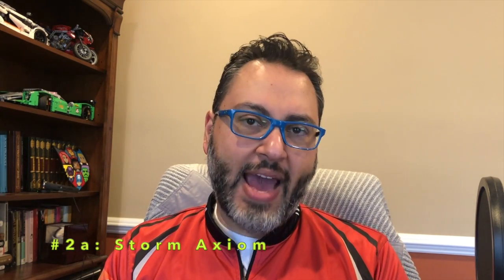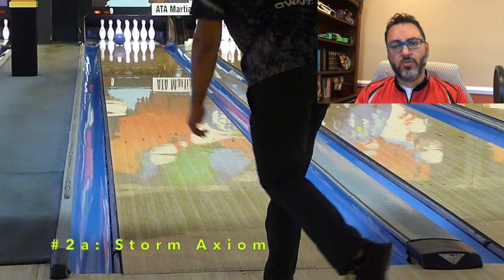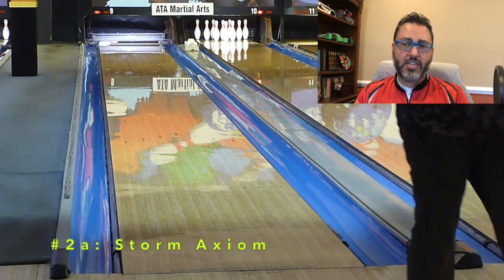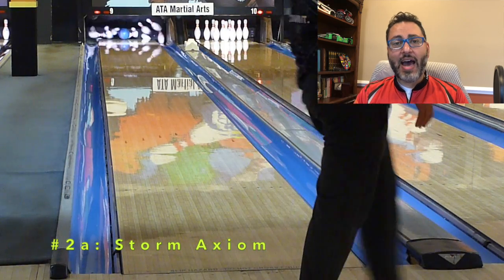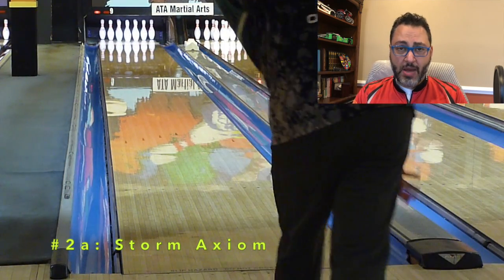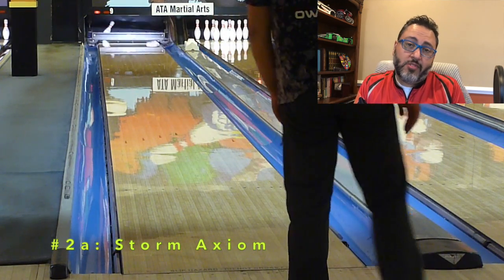And then the other number 2 is the Storm Axiom. This is one we just tested recently. Strong cover, reliable, smooth move. I mentioned I could replace the Phaze 2 in my bag and I wouldn't be hurt. I think that's high praise considering we're talking about the Phaze 2. With that, you might ask, where is the Phaze 2? Well,